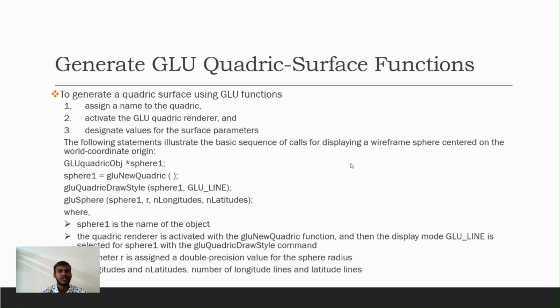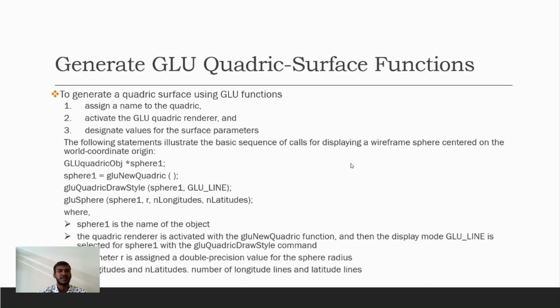Now let's see how to generate GLU quadratic surface functions. To generate quadratic surfaces using GLU functions, first we need to assign a name to the quadratic, then activate the GLU quadratic renderer and designate values for the surface parameters. The following statements illustrate the basic sequence of calls for displaying a wireframe sphere centered on the world coordinate origin. GLUquadricObj *sphere1; sphere1 = gluNewQuadric(); gluQuadricDrawStyle(sphere1, GLU_LINE); gluSphere(sphere1, r, nLongitudes, nLatitudes);